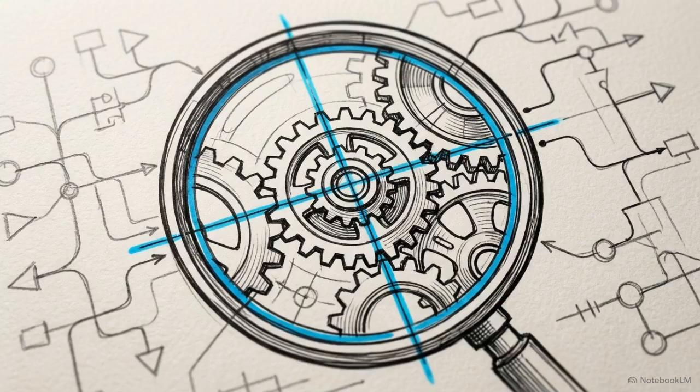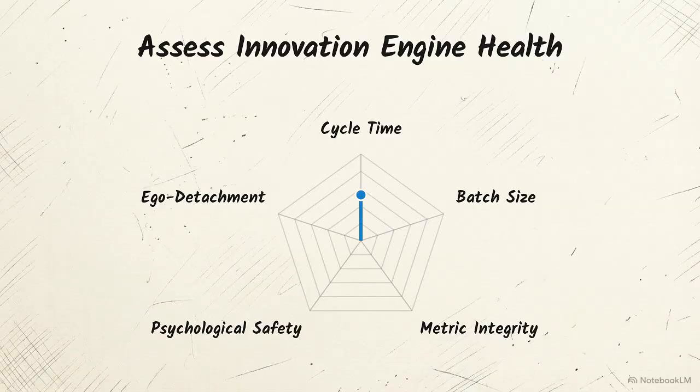Business consultants audit an organization's learning engine using a 5-point diagnostic framework known as the Shindanshi lens. First is cycle time. If an organization takes months to spin one loop, they are too slow. Efficient teams operate on weekly or daily cadences. Second is metric integrity. Teams must track hard, actionable user behaviors rather than comforting vanity metrics. Third is psychological safety. If a corporate culture penalizes invalidated assumptions, employees will simply hide bad data and push forward